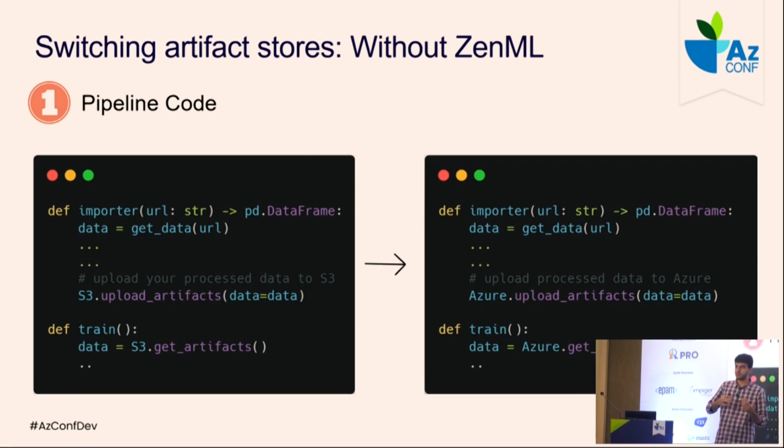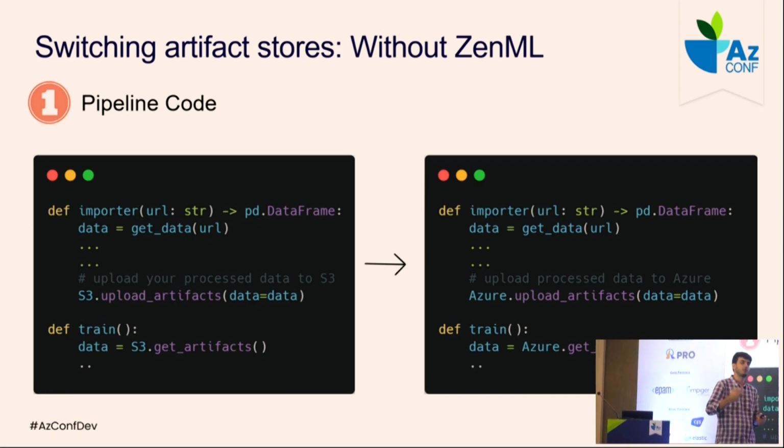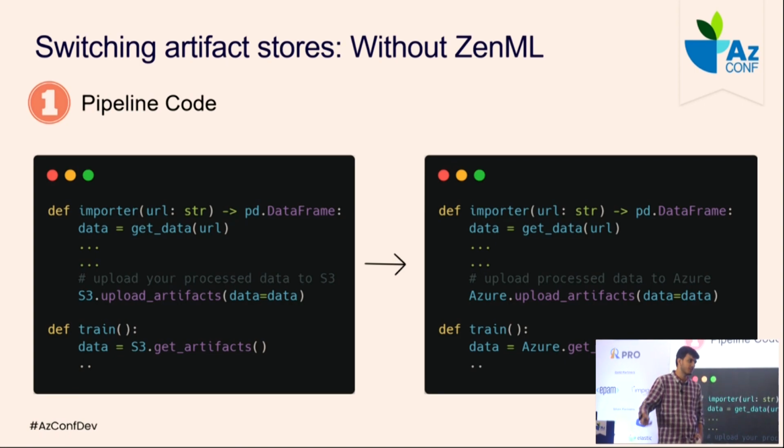So if you want to switch from S3 to Azure, what is your first step? How do you imagine it in the first instance? I'll give you a second to think about it. Let's say you have this pipeline that you have defined, right? You have some helper code that, let's say, uploads your files to S3 and all that stuff. And then you use this helper somewhere in your pipeline, for example after training. So I have this example here.